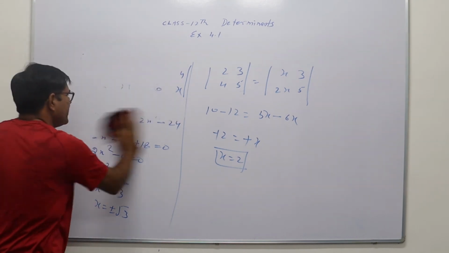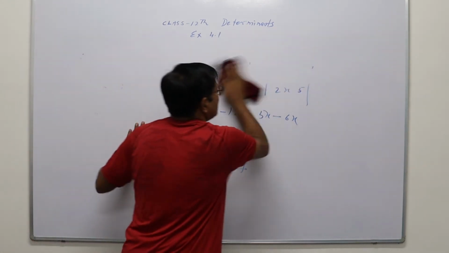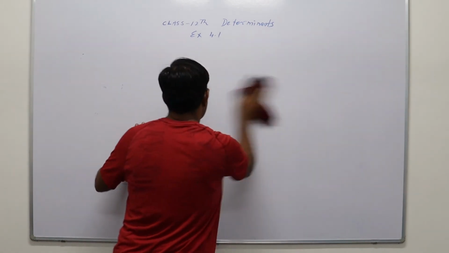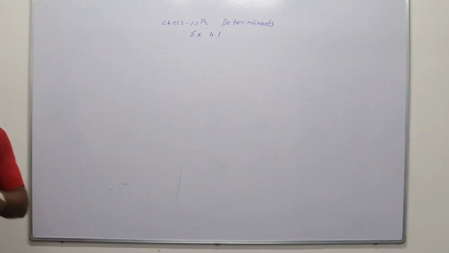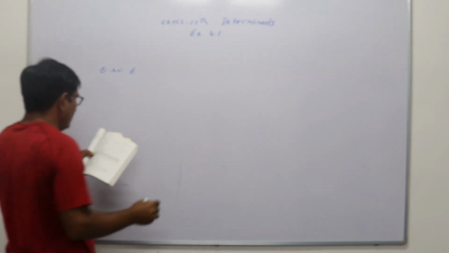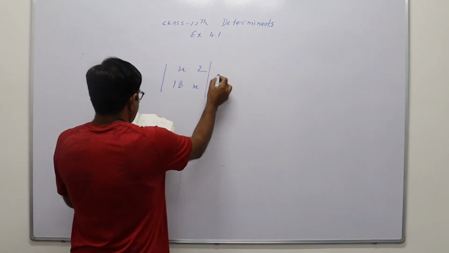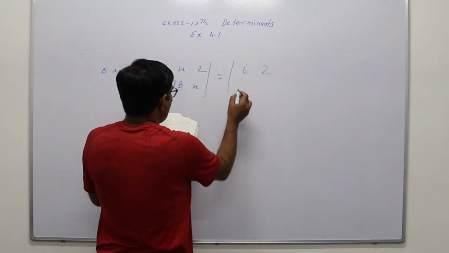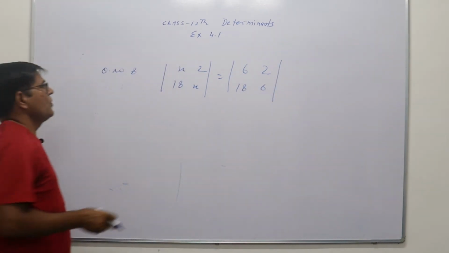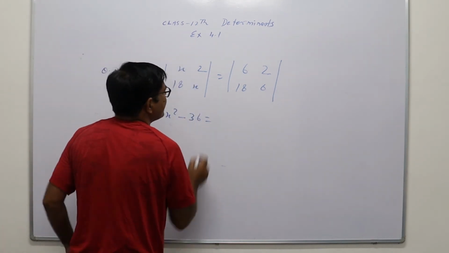Now, one last question. Question number 8. If determinant of x, 2, 18, x is equal to determinant of 6, 2, 18, 6, then x will be. So find x into x, x square, minus 18 into 2, 36, is equal to